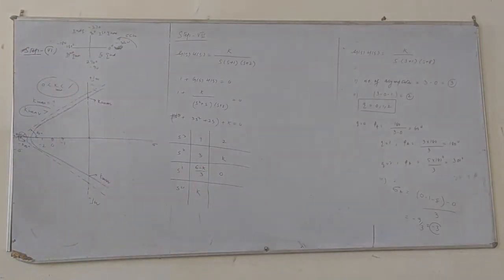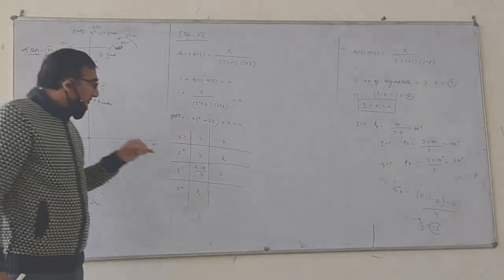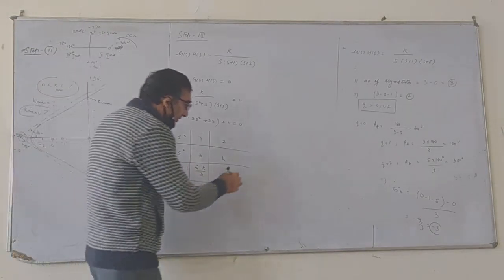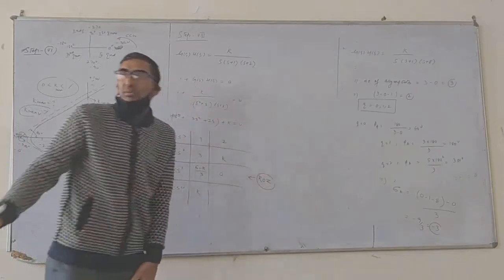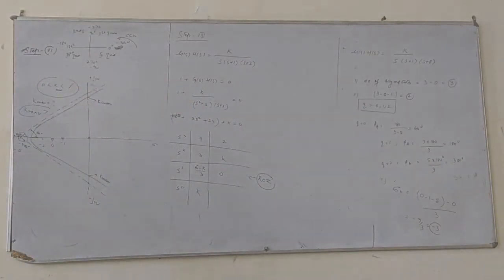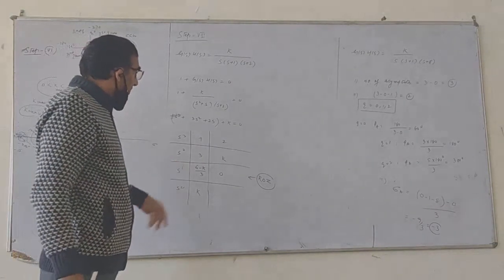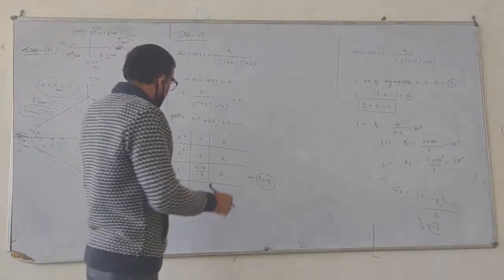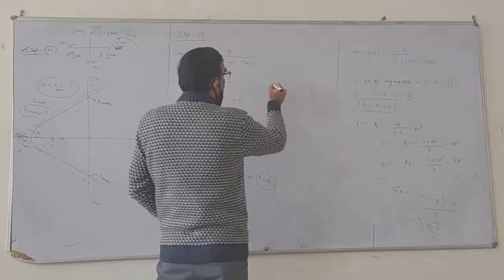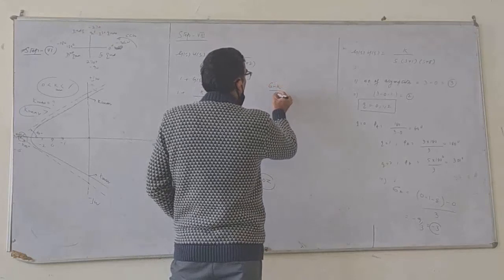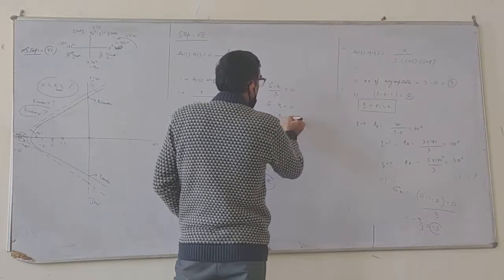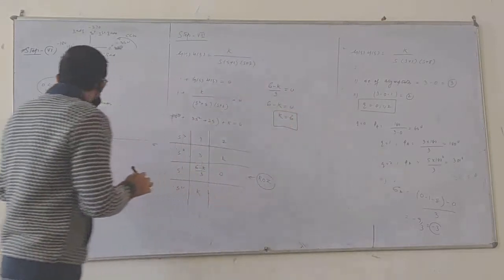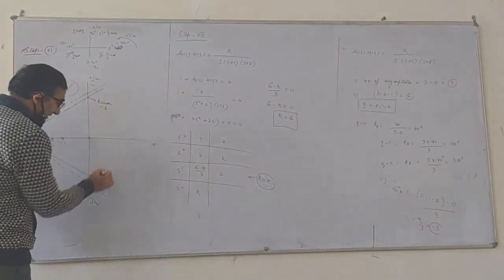Now in order to find the value of K, this definitely will be the row of zeros. Can you tell me why? Anybody? Why will this be a row of zeros? This definitely will be your row of zeros. Now substituting this value equal to 0 in order to find the value of K, 6 minus K will be equal to 0, so K will be equal to 6. So now this K marginal here is 6.